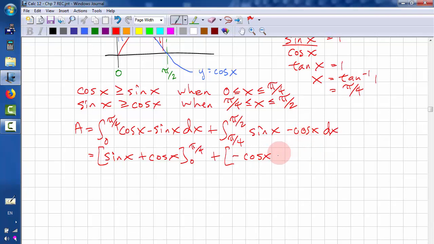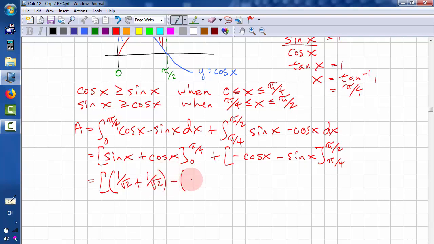Antiderivative of negative cos x is negative sine x, from pi over 4 to pi over 2. Substitute. We get 1 over root 2 plus 1 over root 2